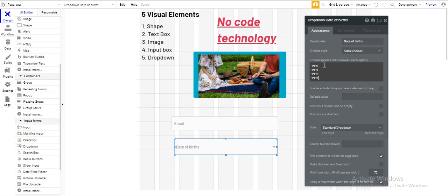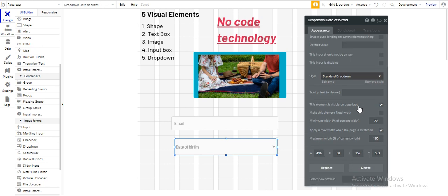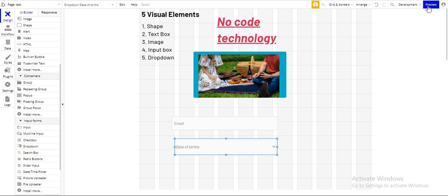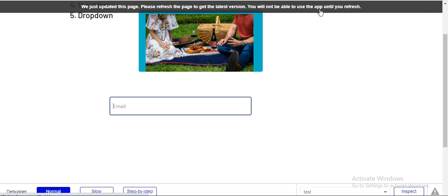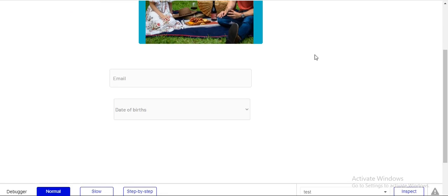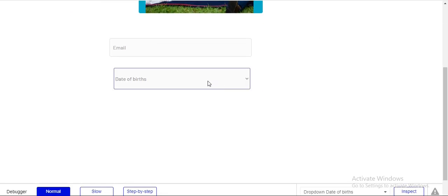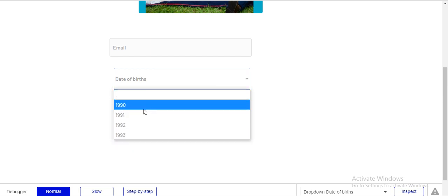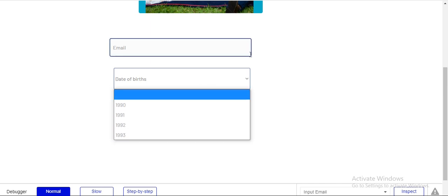You can write as many as you want. You can even check the input should not be empty. Now let's just preview it. When you click on date of birth, you'll get a drop down and the user can select any one of these given dates.